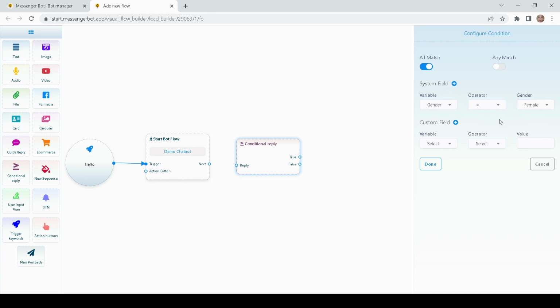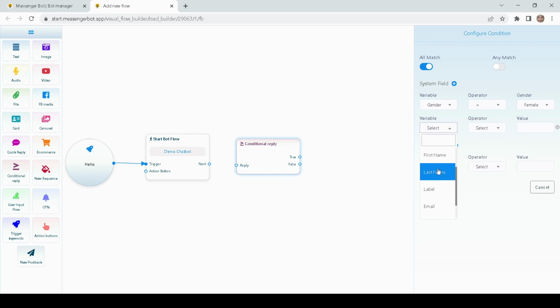Also, you can create a custom field if you want. If there are no variables here that you want to use, you can create your very own here, then put a value in it. For this tutorial, I will just use the gender. Now for all match and any match, if there are multiple system fields, you can add multiple system fields. Let's just click the plus sign. Let's say you want to know the gender, and also the first name of the customer. Let's say if the first name of the customer is John,